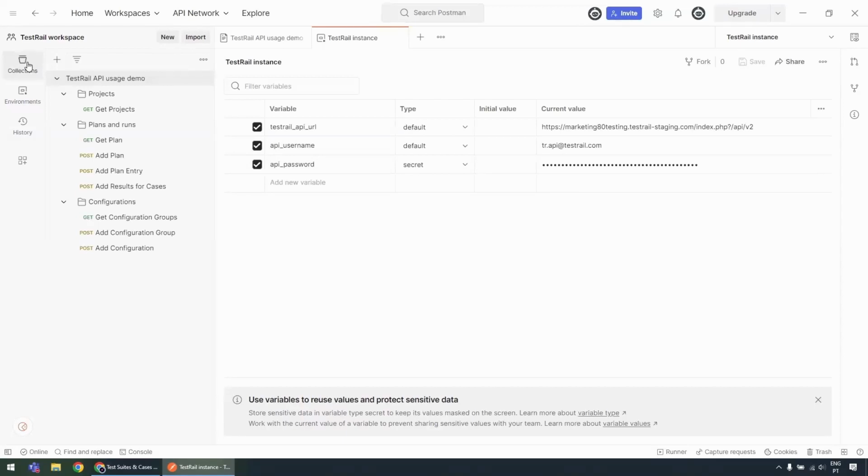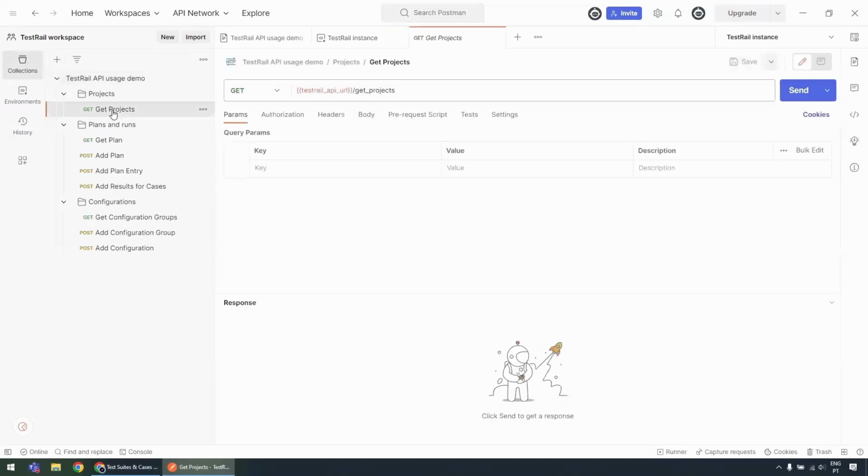So the first request, just to check if connectivity is okay, will be get projects. We don't actually need this request for the use case, but this is a request that any user can execute, and it's an easy one. All we need is to say that we want to do a get request, add the variable for our TestRail API URL. This is the variable, we can see the value over here, and then the endpoint is get projects, and we can just execute this